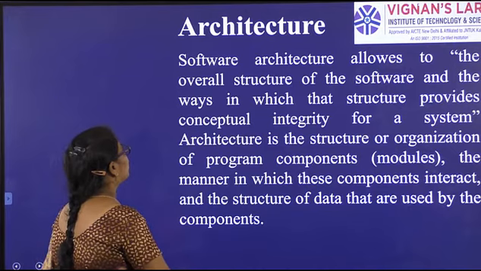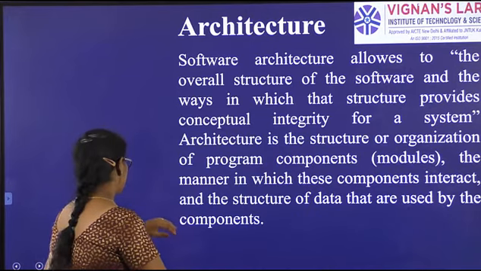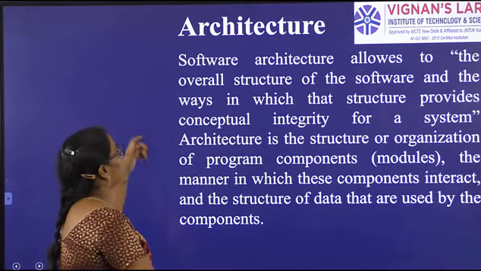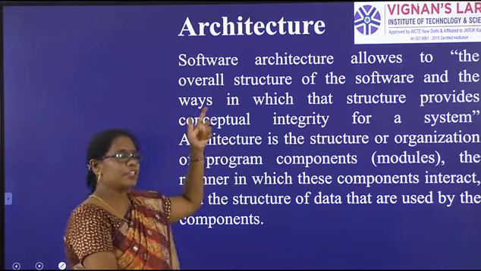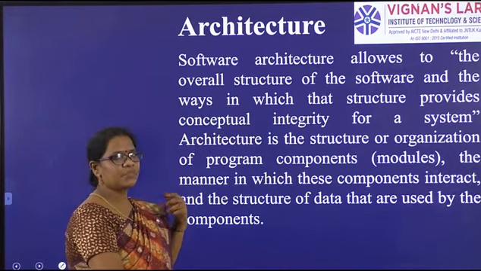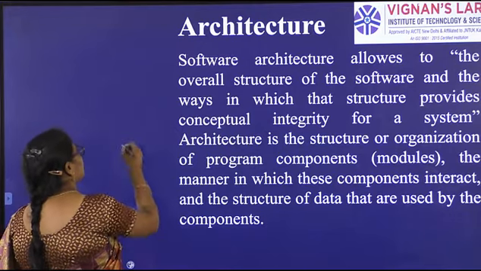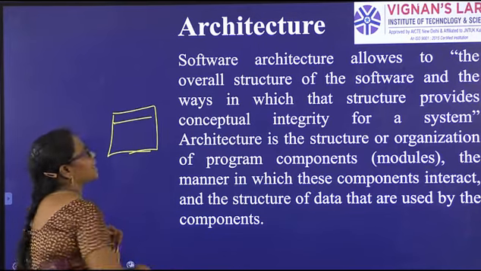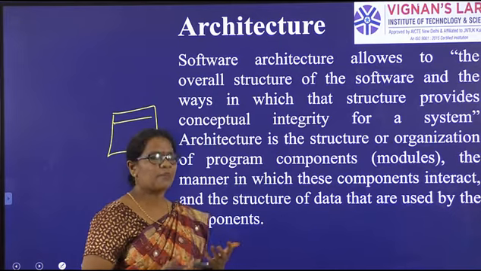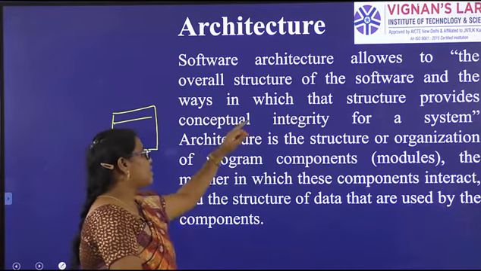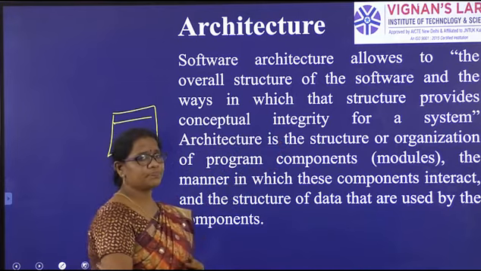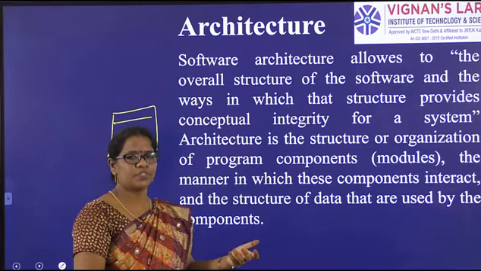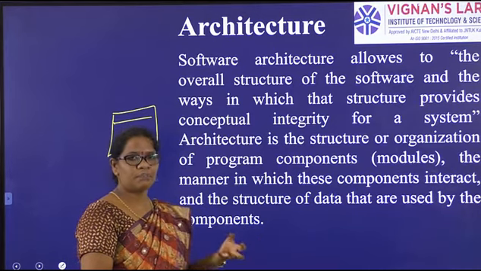Software architecture refers to the overall structure of the software and the ways in which the structure provides conceptual integrity for a system. So what is meant by software architecture? It means the overall structure of the system. For example, if you are building some software, the architecture gives the overall structure of it, whether it is website designing or some software or web app, whatever it is. And the ways in which that structure provides conceptual integrity for a system. So by using that architecture, you are going for the concept of the system. So system development is done by this